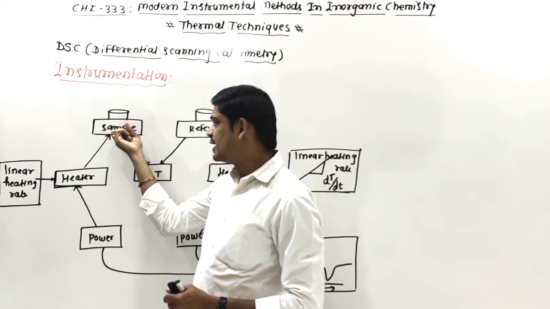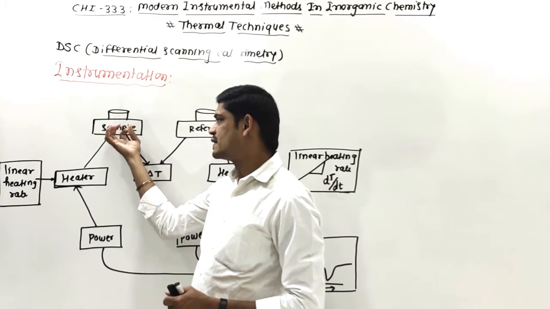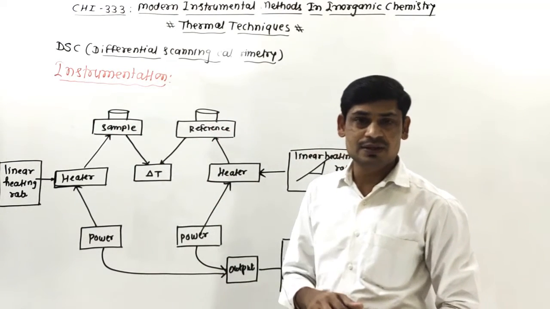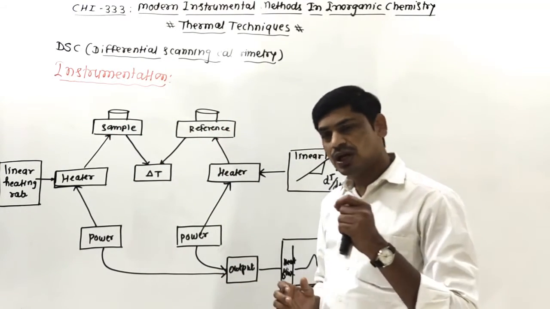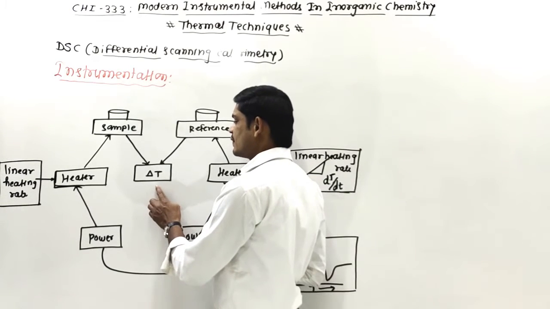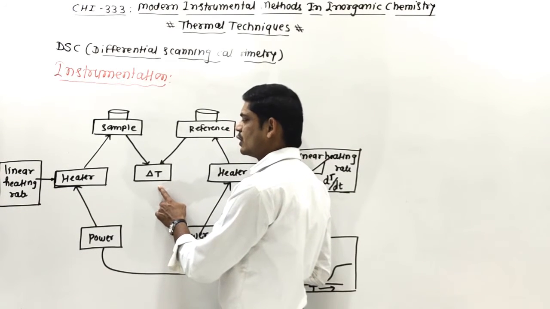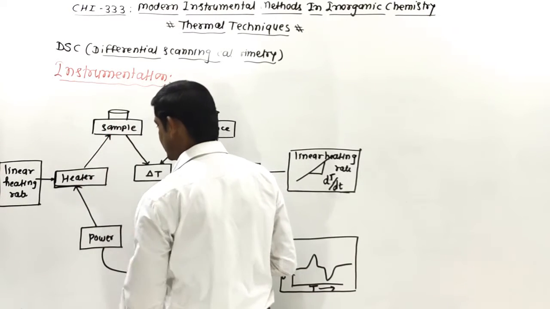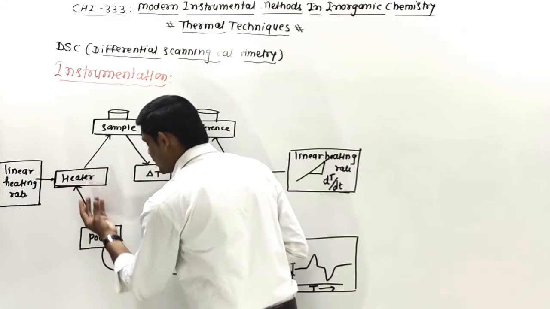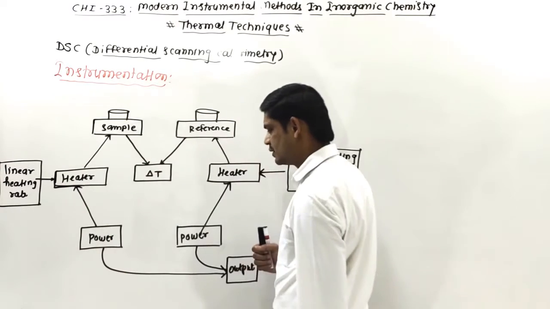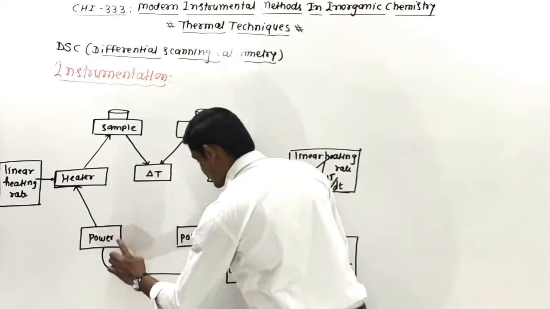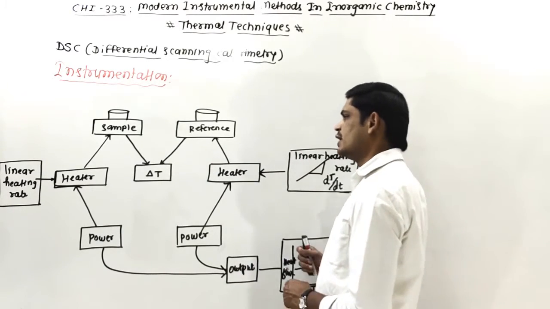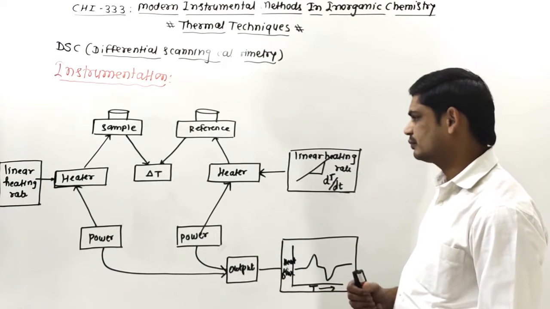So the heat content of the sample or the temperature of the sample will be the less, obviously, in comparison with the reference, but we have to keep the temperature difference constant, and therefore more heat is required to provide for the sample holder. It means the maximum or more power will be utilized, and that power difference will be measured over here, and this power is then converted into the corresponding enthalpy.